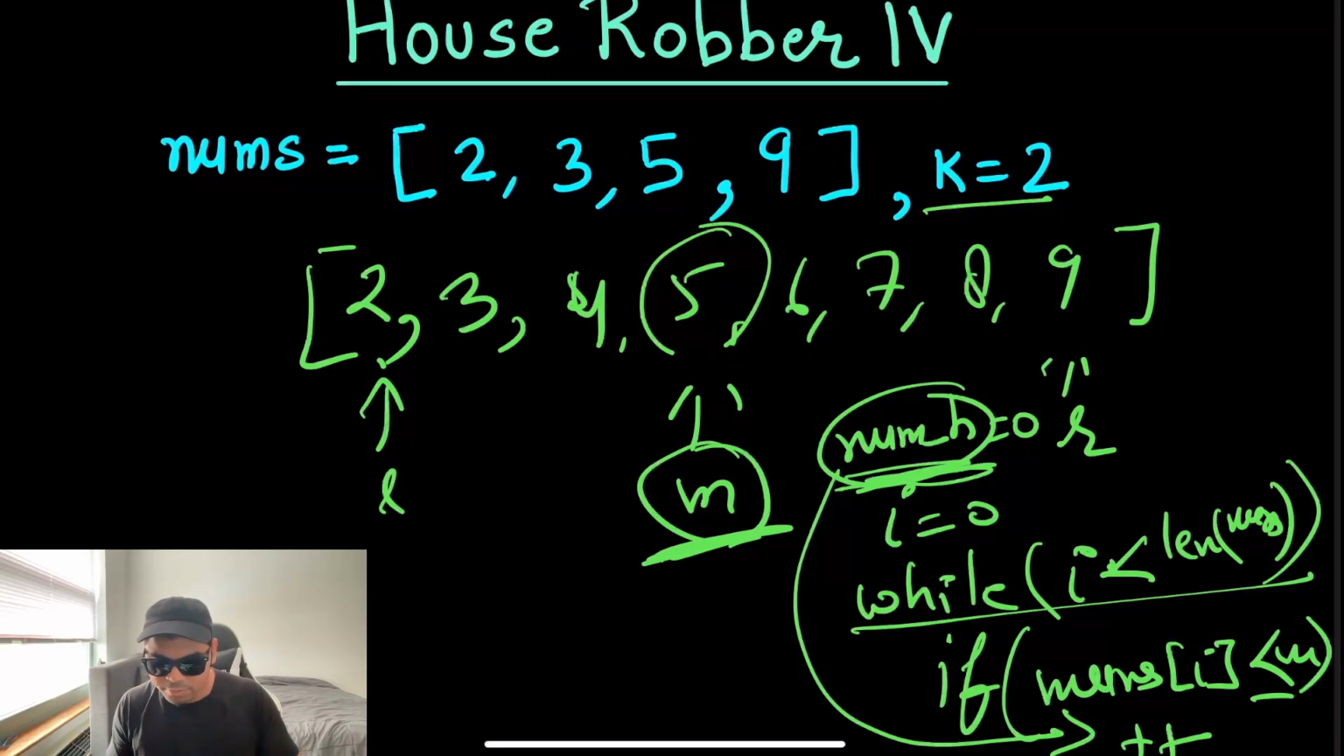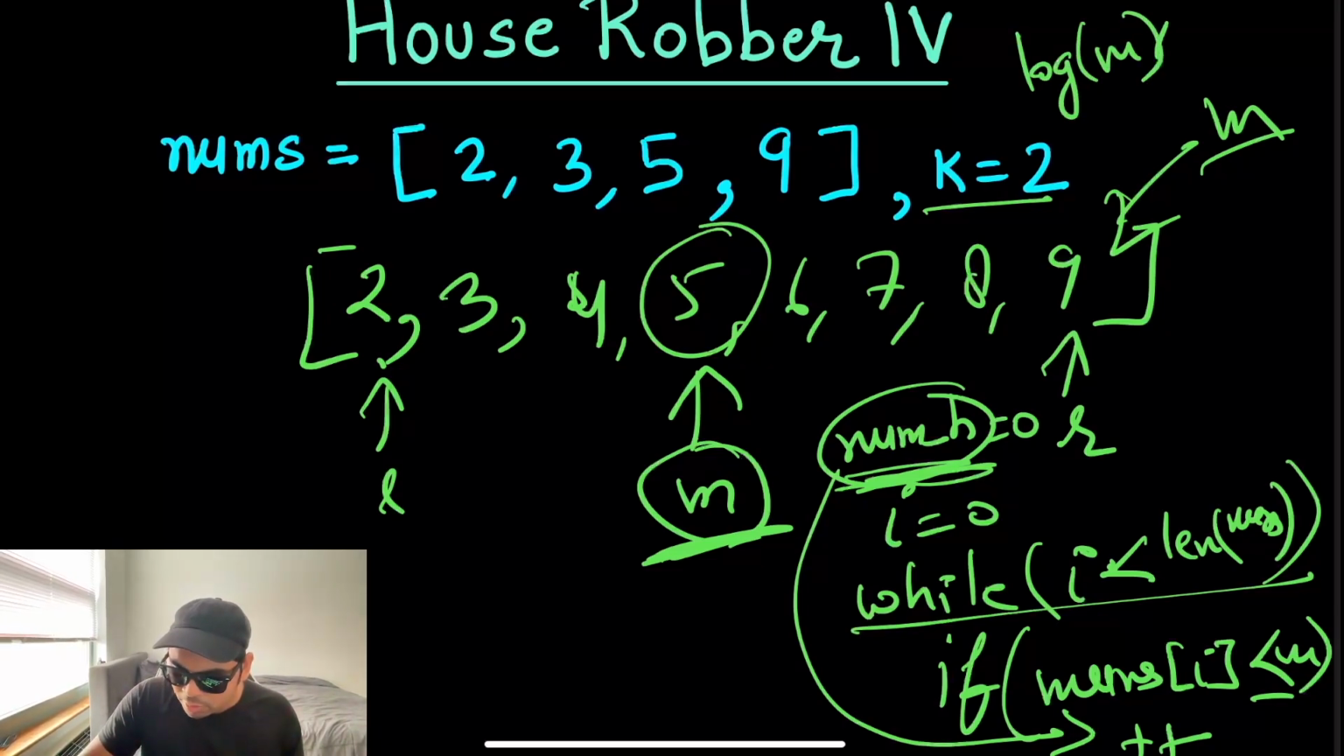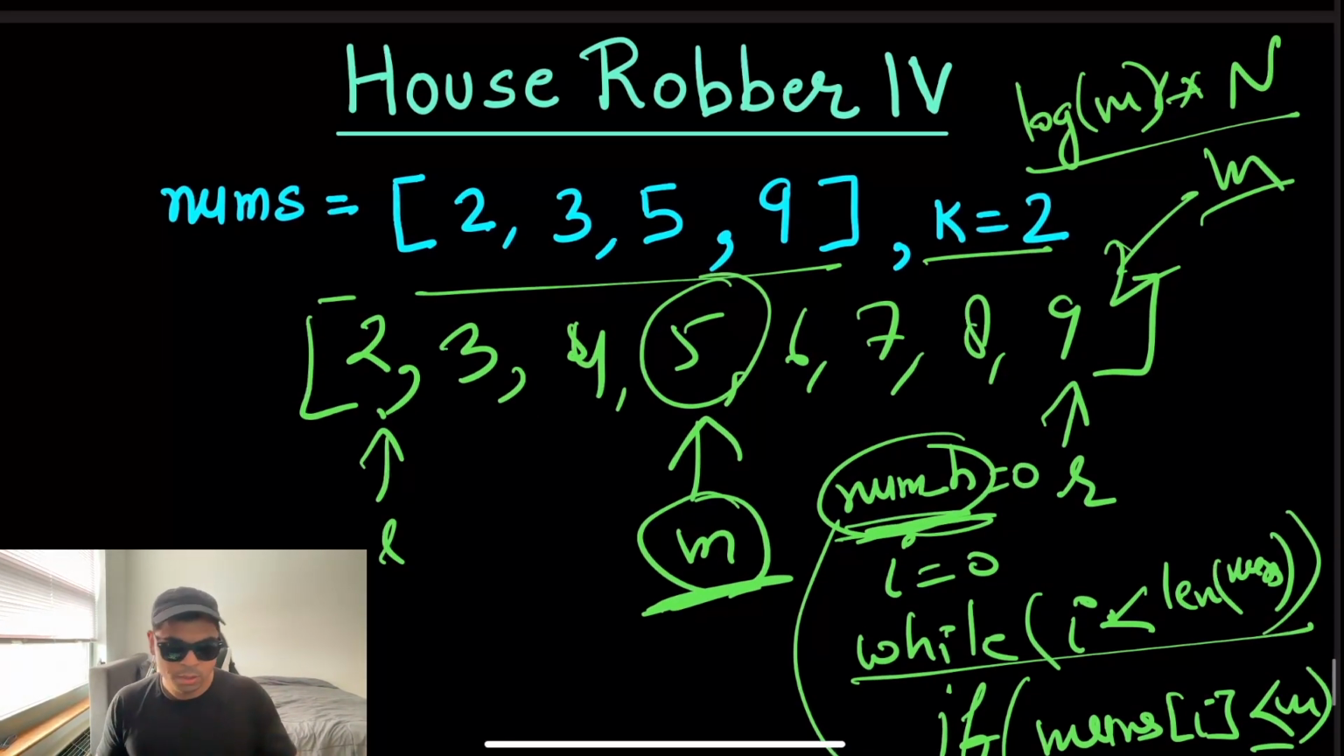Log m comes from here. If the length of this range is m, then that's what I meant. The time complexity would be log m into n. N is the size of basically these houses. Let's go to